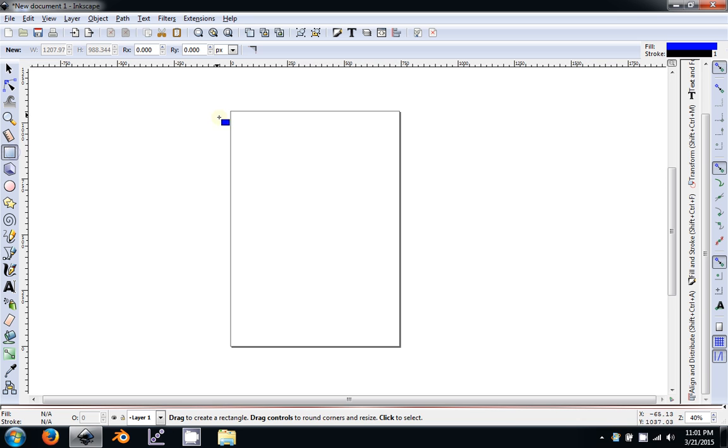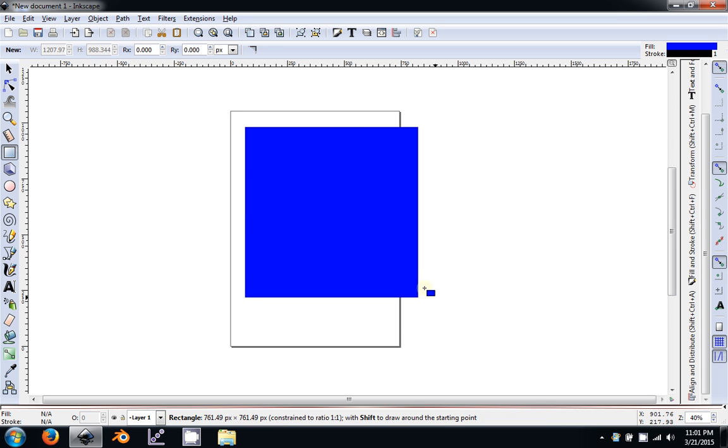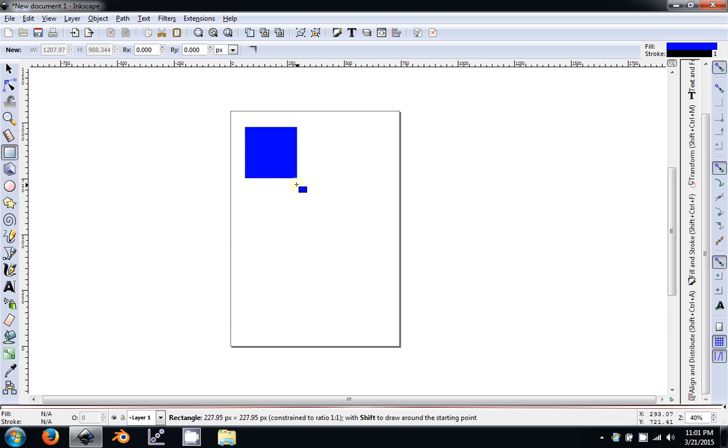Alright, this is your square creator, for making rectangles or squares. And like I showed you before, when you hold down the control button, it will give you a proportional square, a perfect, same on both sides square. Now, when you let go of left click, it will give you some dotted lines and squares in a circle. Now, what these are,